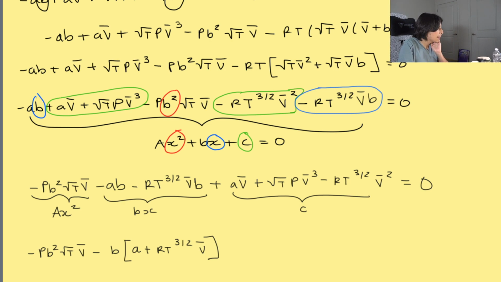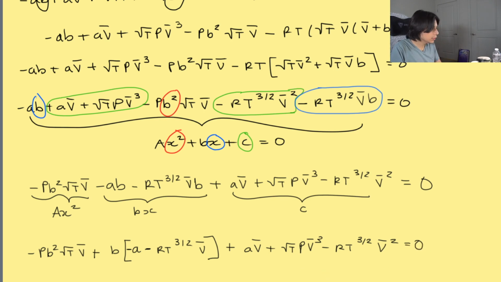So we're going to say, okay, this is p, and this would have to be plus, or actually no, it should still be minus, and that should be a minus. I don't really like that, but I guess if it makes that term positive, then that's why I thought it would be easier. It's okay, we'll do it this way then. And again, just add everything else. So plus ab bar plus square root of t p v cubed minus rt to the 3/2 v squared